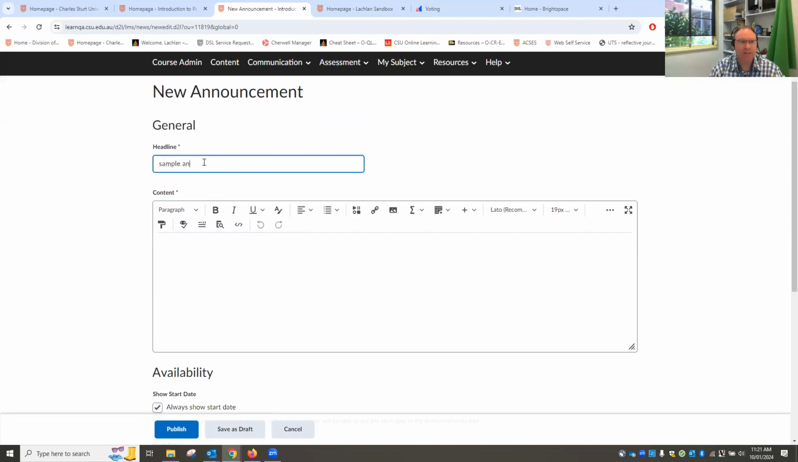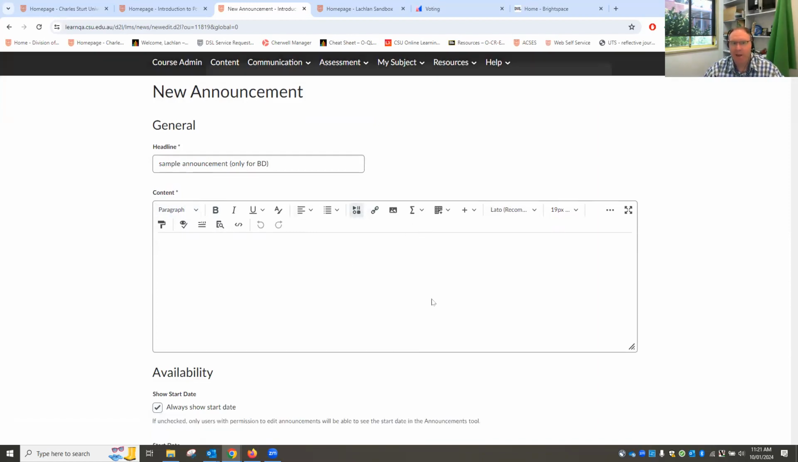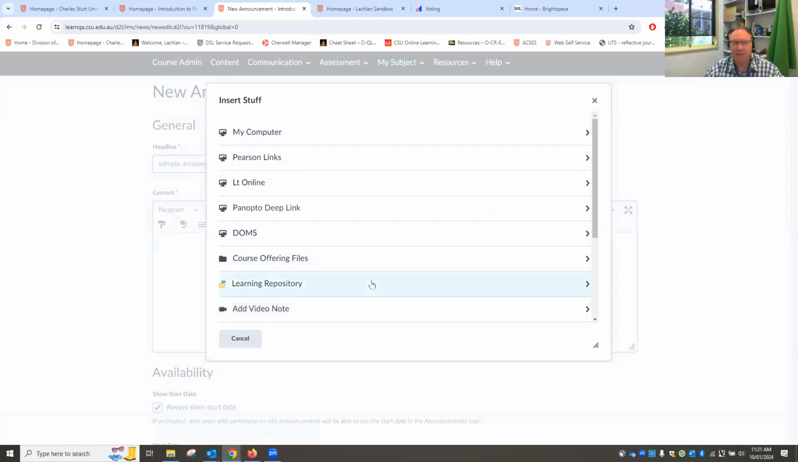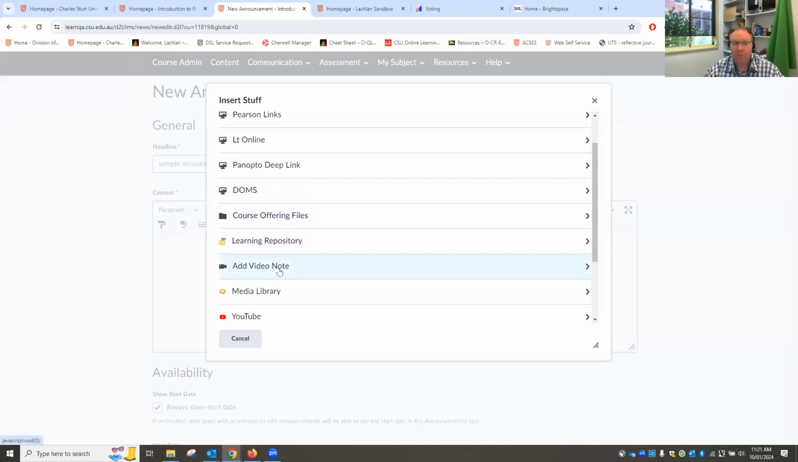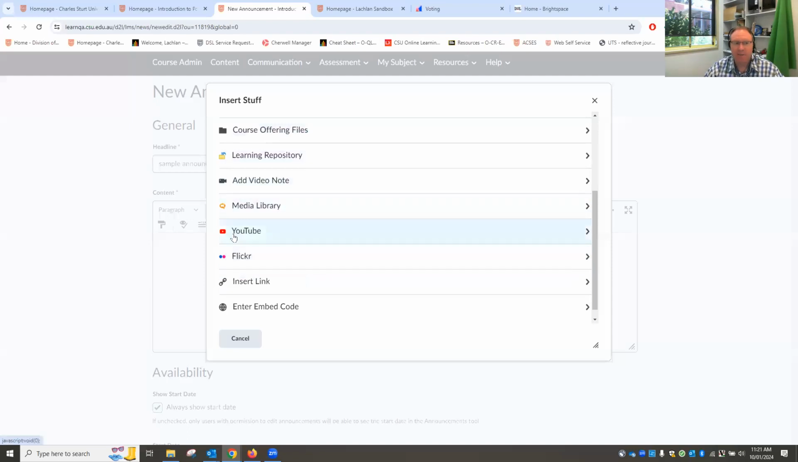So we'll put in a sample announcement. And in this case, I'm going to say, just for your benefit, only for Bathurst distance. We put in our content in here. It's got the same WYSIWYG, the Brightspace editor, which means that we can put in both text and external content using the insert stuff button. So that means we're going to be able to put in videos and other things. We can use our own webcam and audio if we want to add that to the announcement. If you've got content externally in other places like YouTube or through links, you can put those into the